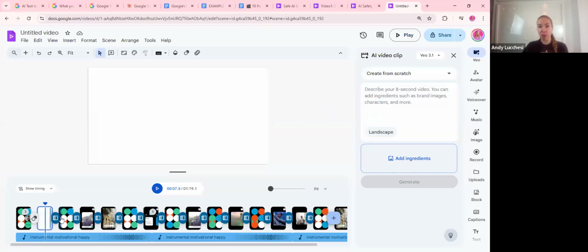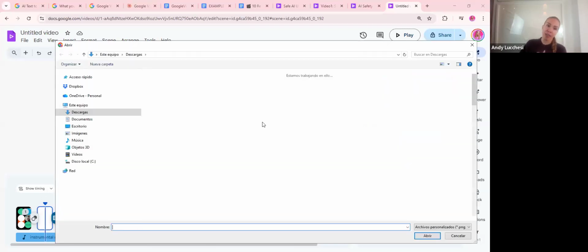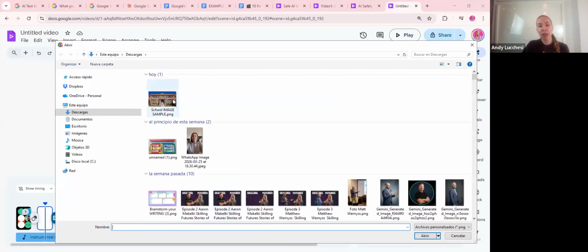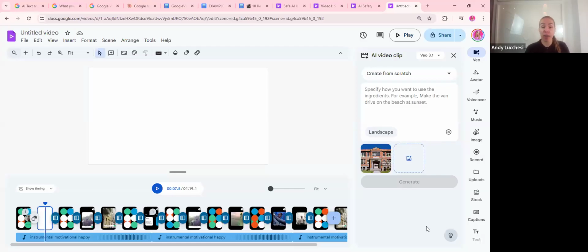Let's use this empty space that we have here, okay? So I'm going to add an ingredient. An ingredient is an image or a video that I already have. So imagine that I want to animate a picture that I have taken from our school, and I want to put that as part of the footage, right? So I put it there and I write, for example, my prompt would be something like this. Make short video